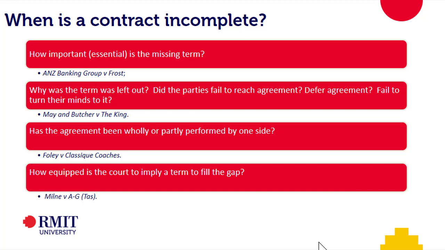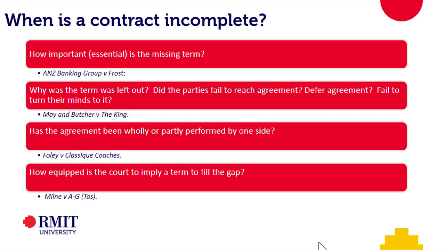Courts will take into account whether an agreement is wholly or partly performed by one of the parties. So they're more likely to find that an agreement will be complete if one party has done everything that they promised to do under it. Because using an objective test, it makes sense then to find as closely as they can that the other party has made the promises that make sense.